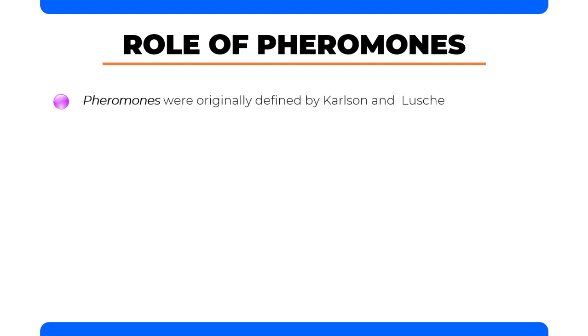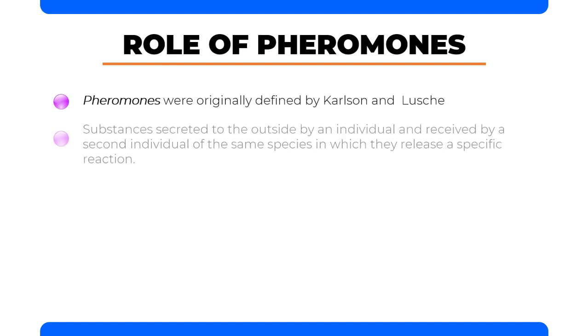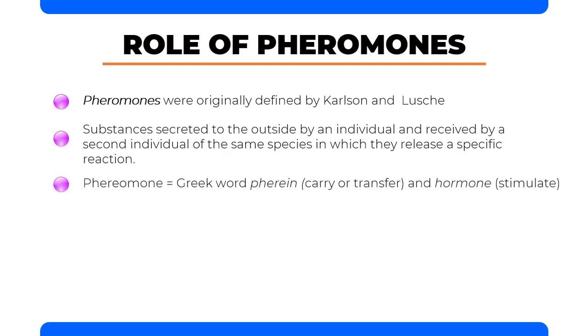Pheromones were originally defined by Karlson and Lüscher as substances secreted to the outside by an individual and received by a second individual of the same species, in which they release a specific reaction, for instance, a definite behavior or developmental process. The word pheromone comes from the Greek word pherein, which means to carry or transfer, and hormone, to excite or